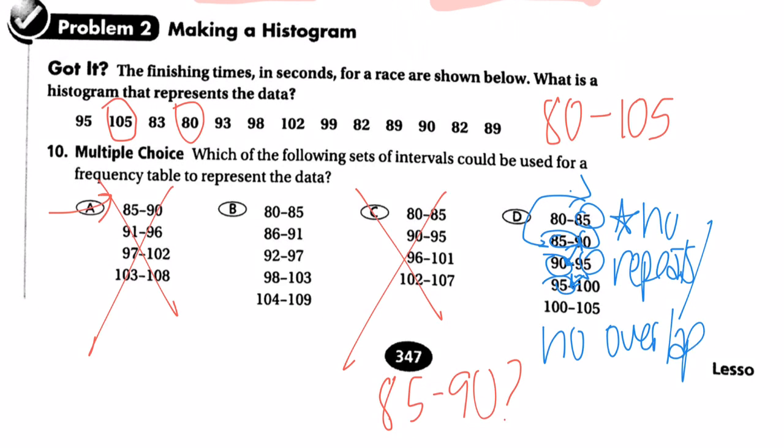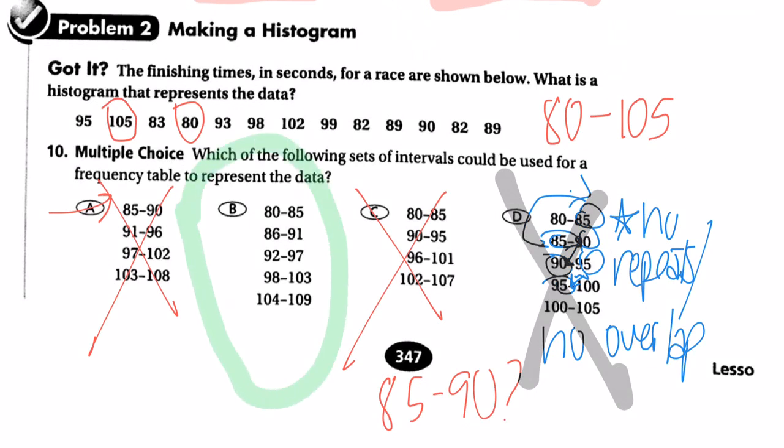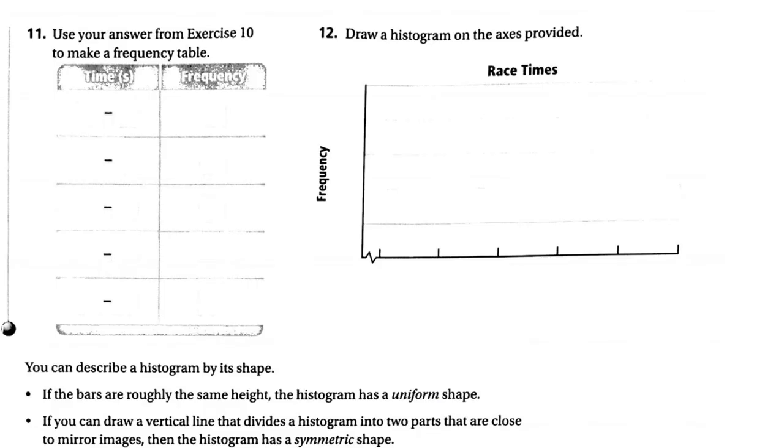So if there are no repeats and no overlap, this one cannot be it as well. So the only correct one that we could use is B for the intervals. So now if we use those intervals from question 10 on the previous page,